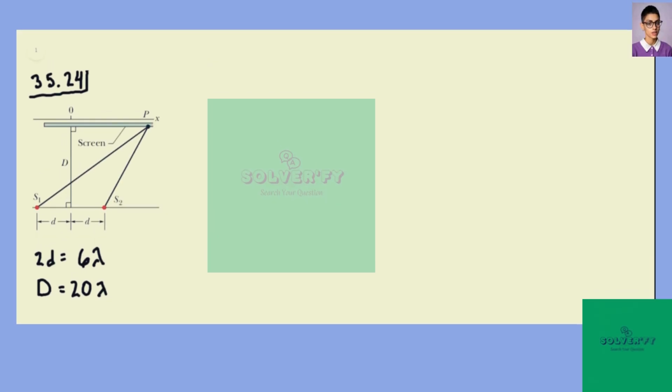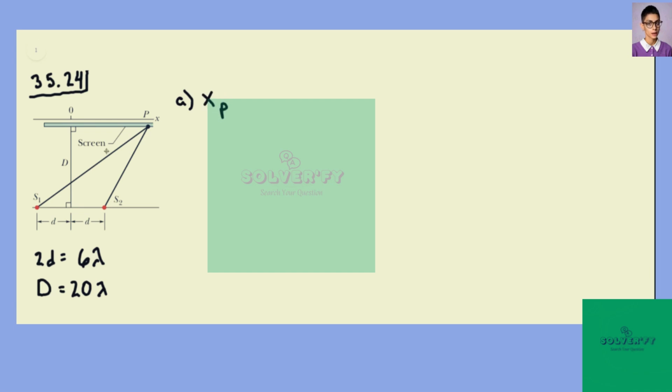24. So we have 2 point sources that are emitting light of the same wavelength and are in phase with each other. They are 6 wavelengths apart, and the screen is 20 wavelengths away. First, we want to know the value of xp here. This is a point that's just under consideration. It can be anywhere along the screen